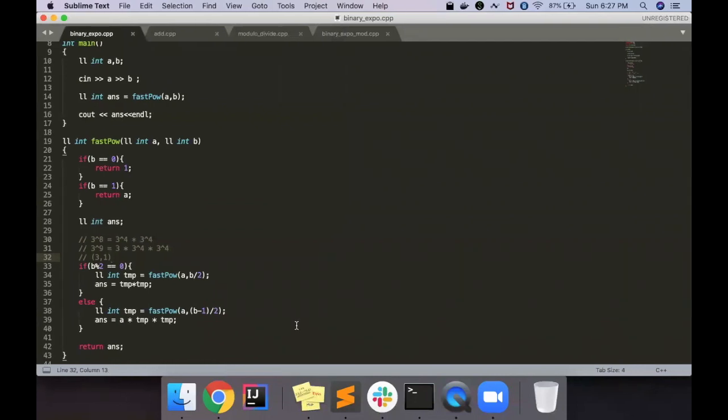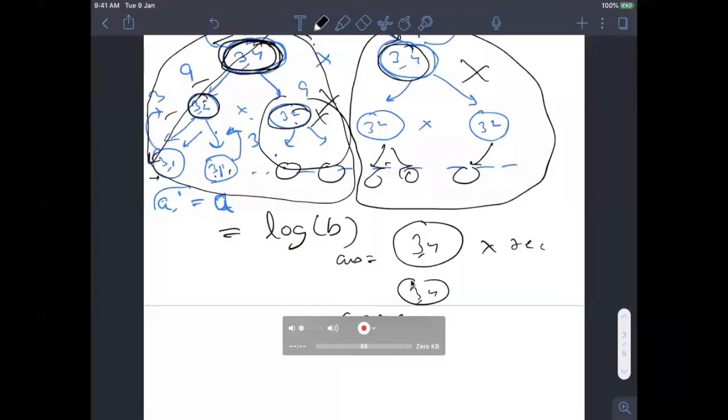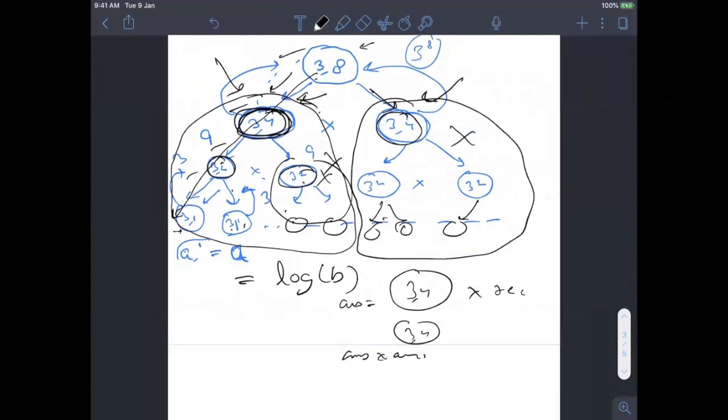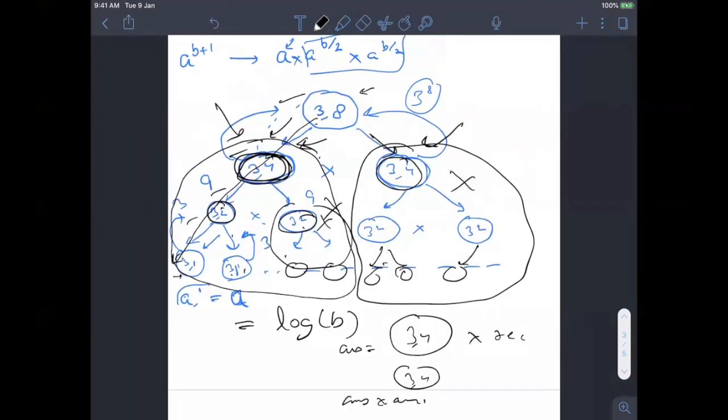That's why I don't want you to mug up this solution. That's why I first explained the full solution and then we optimized it. And that's how you should always do. Don't ever mug up the solution. Okay. So once again, I'll explain it one last time. What we did is, earlier we were calculating this twice. Now I am calculating it once and using it twice.